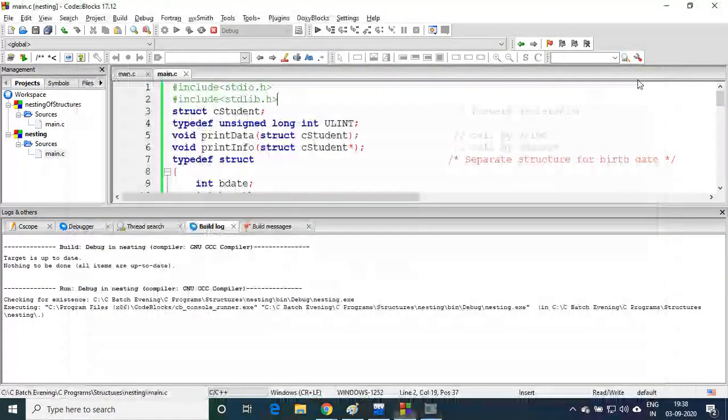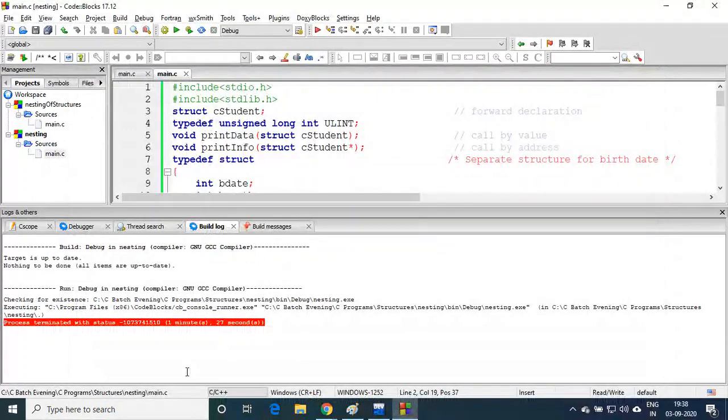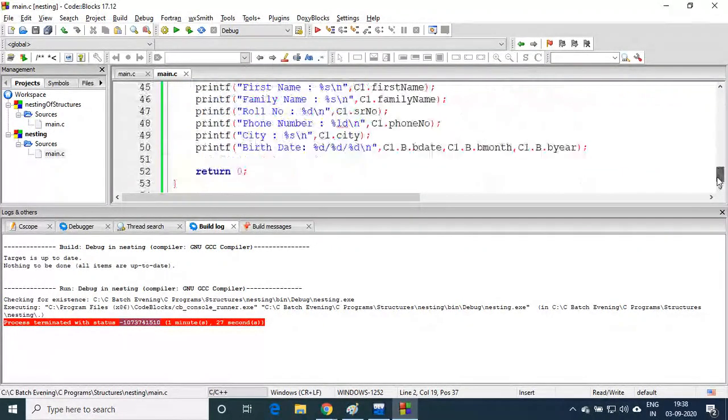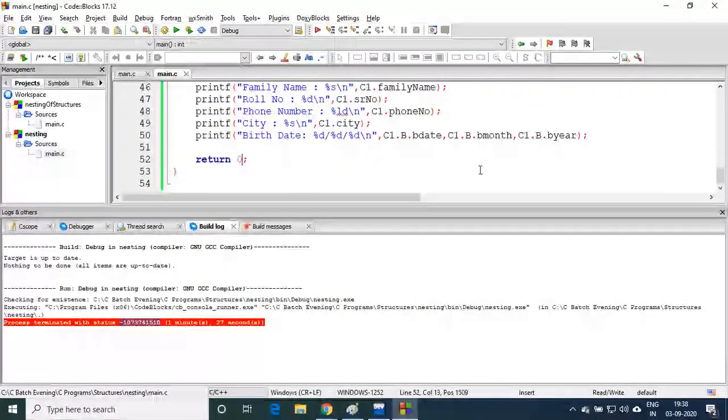Somebody has asked me, and you see, I closed that window using the mouse. It says process terminated with status. Okay, because the console window is telling you to press any key to close it, but you have closed the window, so it gives you something like status -10, some value is there. Let's check. Somebody has asked me what if I return 5. Okay,